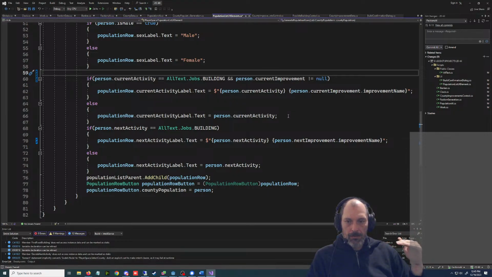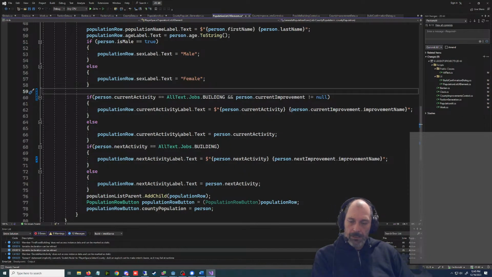Otherwise, it's going to say idle. It's just going to say their current activity. If their next activity equals building, then they're going to say, there's another way to do this that's probably better.